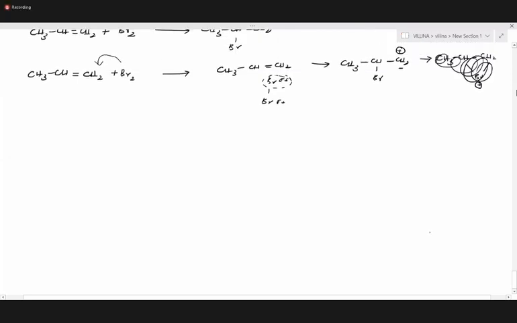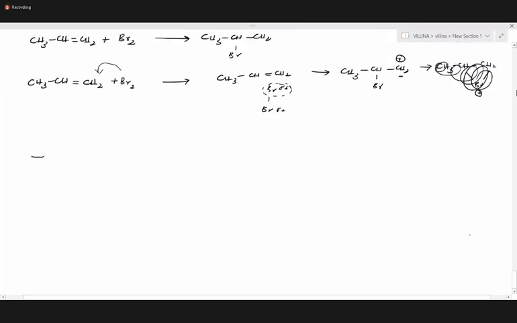Whatever the bromine that we have added, the continuation part, CH3, CH, CH2, we have a positive charge, right? Whatever the Br that is being added here will form a bridged complex, CH, Br and CH2, with a positive charge on the bromine. And whatever the bonding is happening to the bromine between this carbon and this carbon, it will be the same.